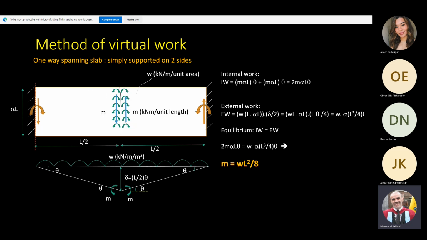So here we have this yield line. For this region we have, this is my MP, okay, between brackets. So this is M, that's the moment. Why do we multiply it by alpha L? Alpha L is the length of the yield line, okay? Because remember, M is kilonewton meter per meter, so you need to multiply it by the length. Okay, we have L in this direction, and we have alpha L in this direction. Alpha is just a coefficient. It could be 0.5, 0.4, whatever. Okay, so you multiply M by alpha L, the length of the yield line on which the moment is